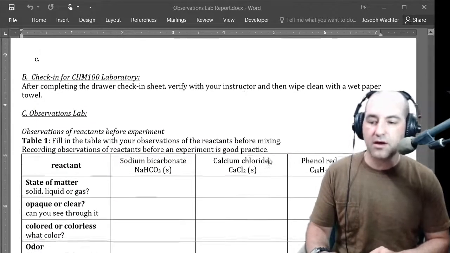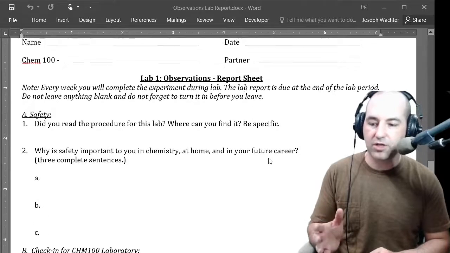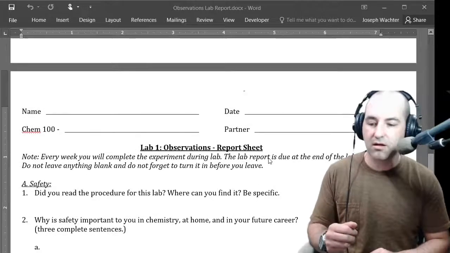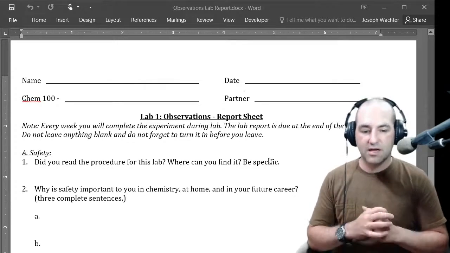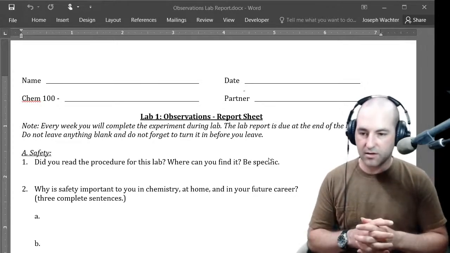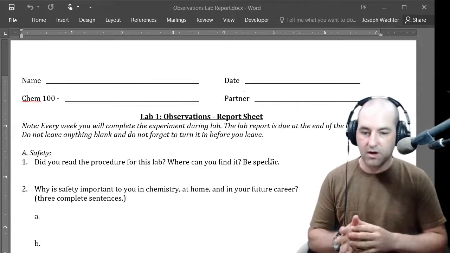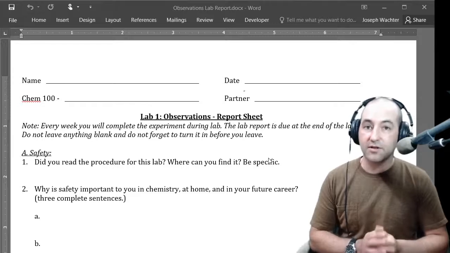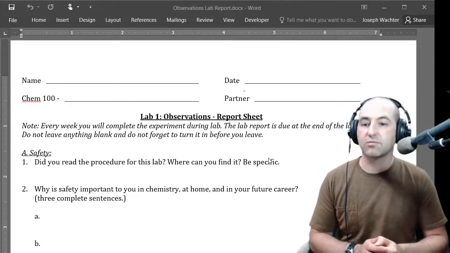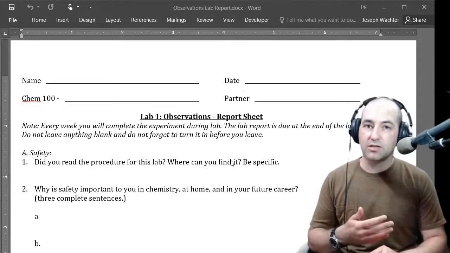So this is what the lab report sheet looks like. So this is where you'll be writing this stuff down. Now, I believe it says somewhere in Blackboard and in the pre-lab that you need to have this printed out. And that definitely is the best way to do it. If you have access to a printer and you can print this out and just bring it into lab,